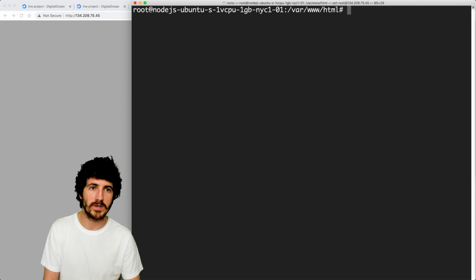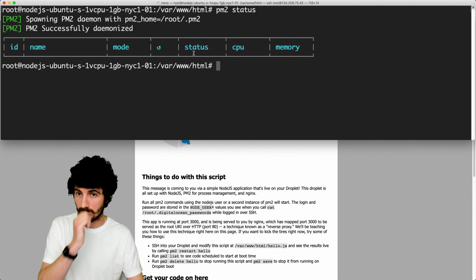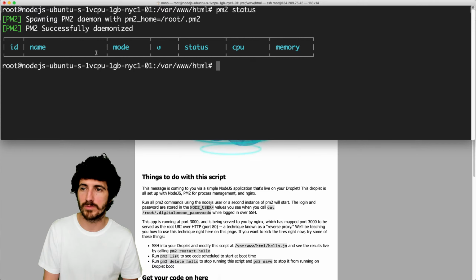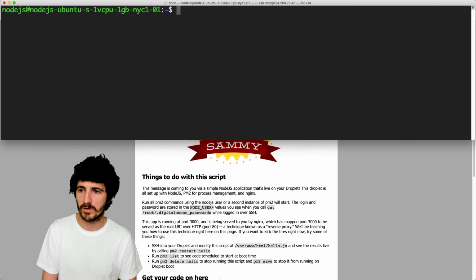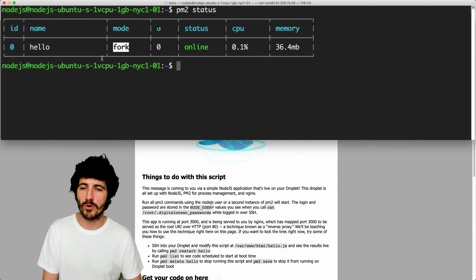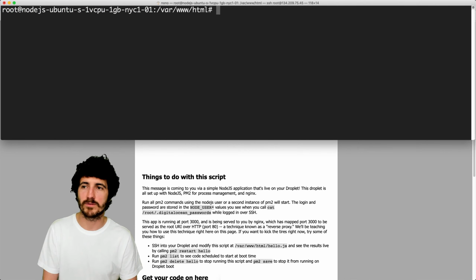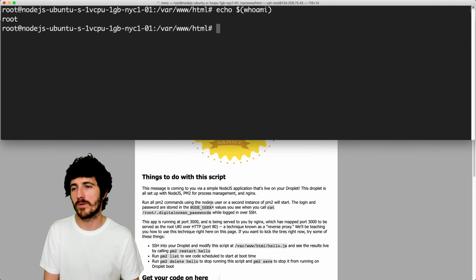And this still doesn't do anything. Why is that? Because we have here the PM2 package manager, so we can do pm2 status, and we see we have no tasks here because they're running under the Node.js user. So we do pm2 status inside of the Node user. Look what I did there, right? We're root here. If you do echo whoami, you see that we're root.